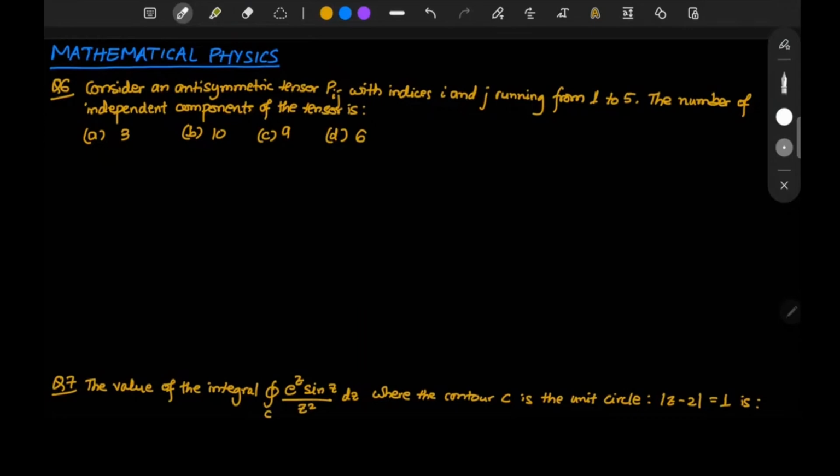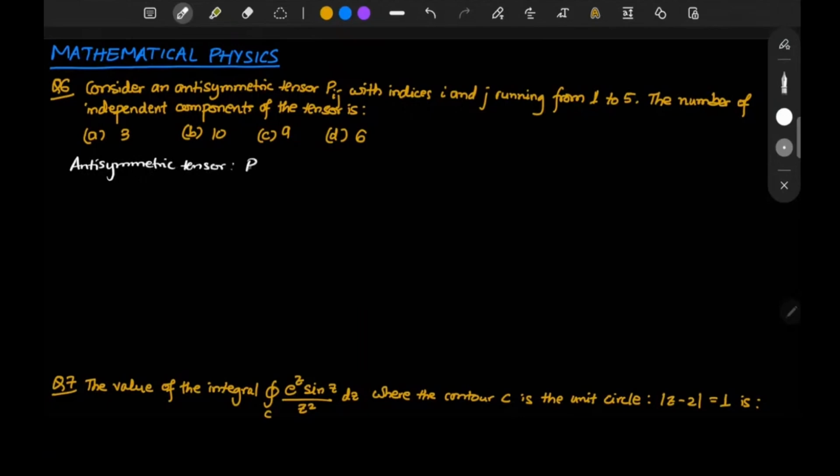And the question is, consider an antisymmetric tensor Pij with indices i and j running from 1 to 5. The number of independent components of the tensor is, we are given 4 options. Now, antisymmetric tensor